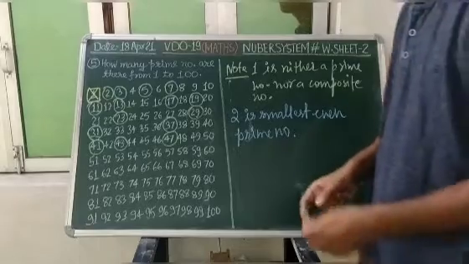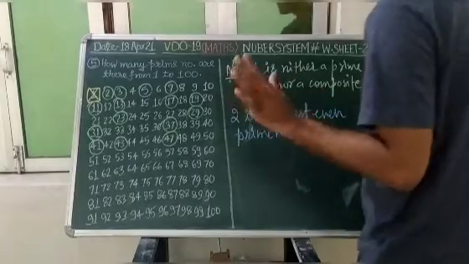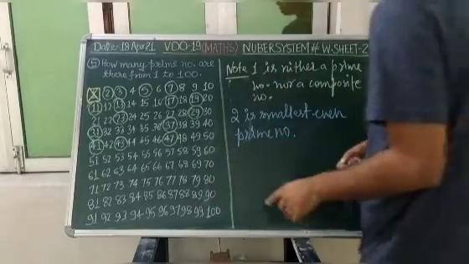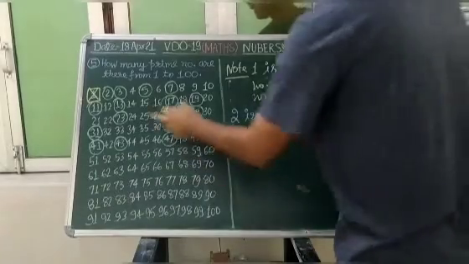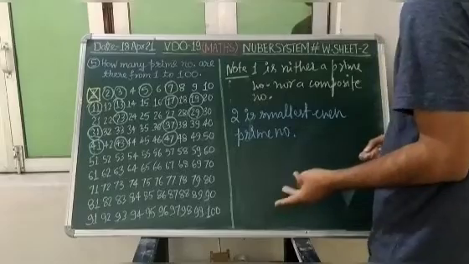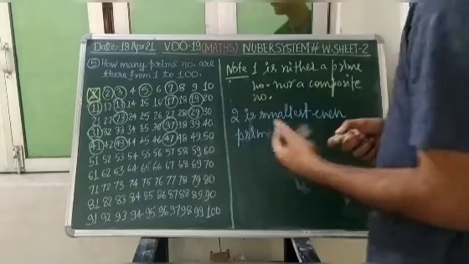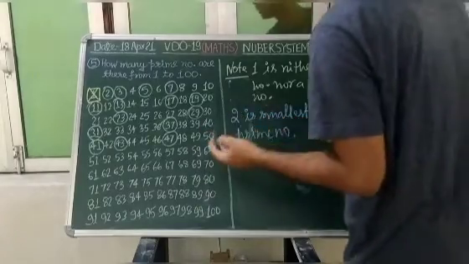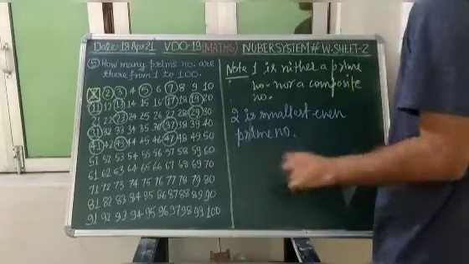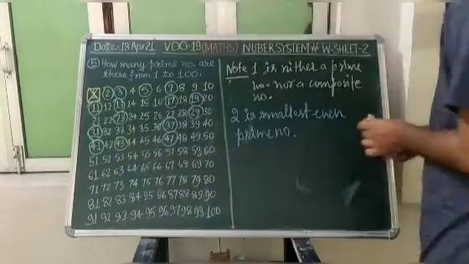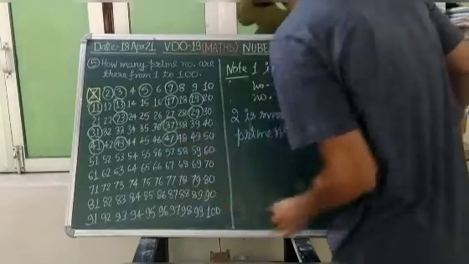Whether 51 is an even number or a prime number? Look student, it's not an even number, it is a composite number or a prime number. 51 will be the composite number since it is divisible by 3. 17 threes are 51. So along with 1 and itself, 17 is dividing the 51. So 51 will not be your prime number, it will be a composite number.